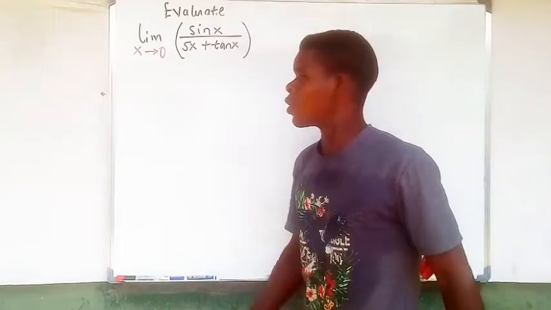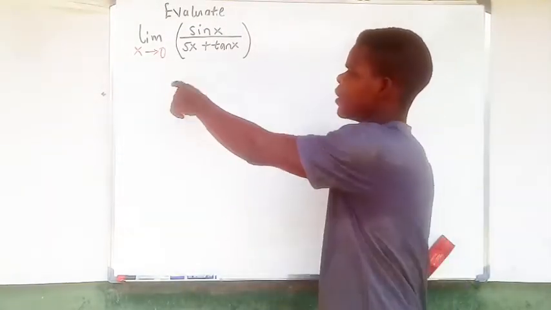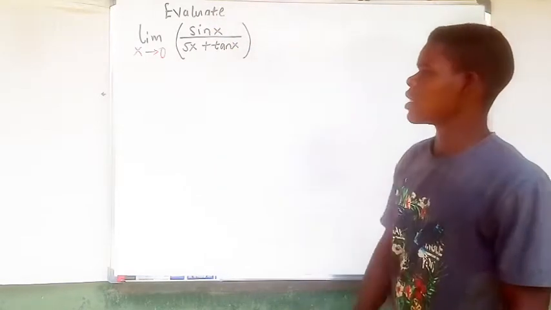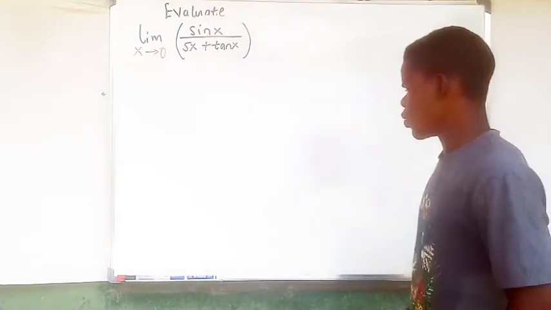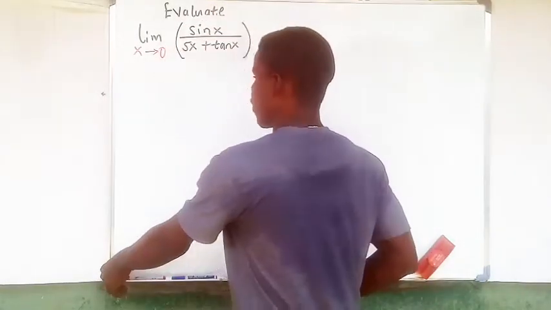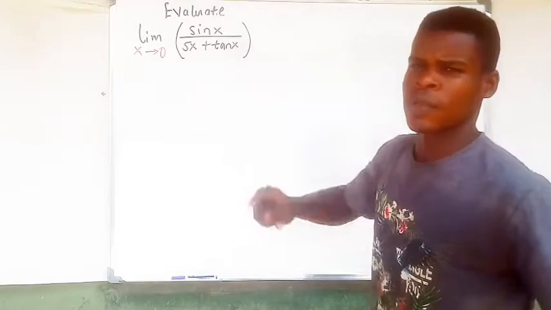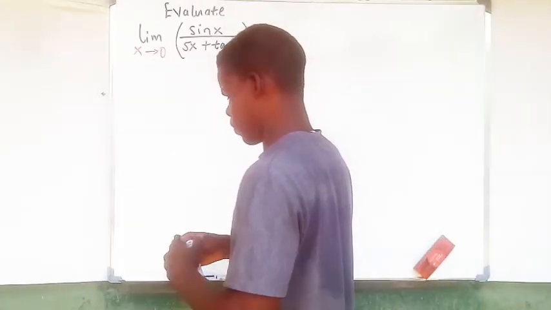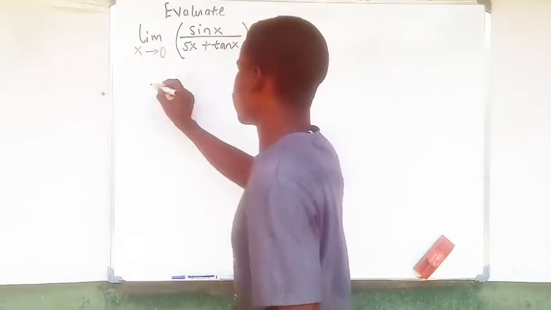Hello, in this video, we're going to evaluate the limit of sine x over 5x plus tangent x as x approaches 0. So let's just start at once and plug in our values of x into this equation. That's just it. So the limit as x approaches 0 would just become,